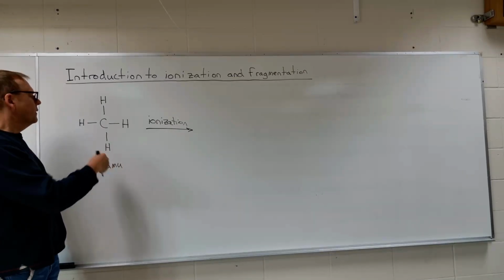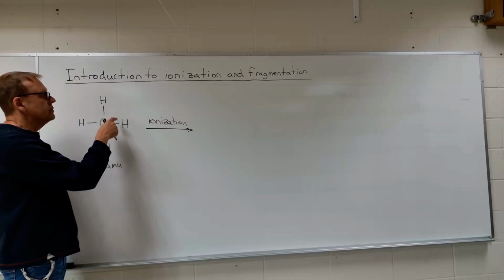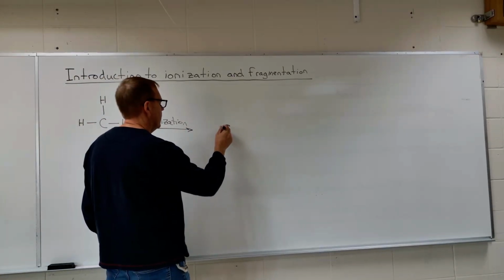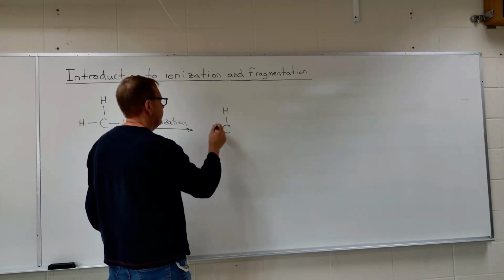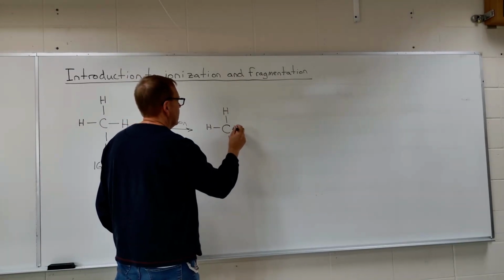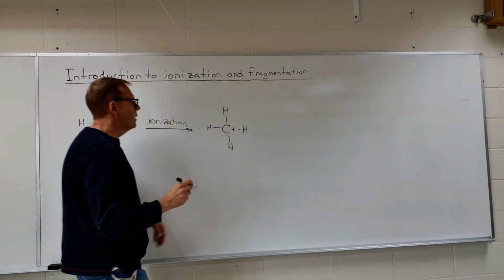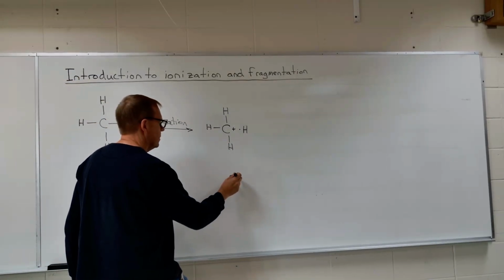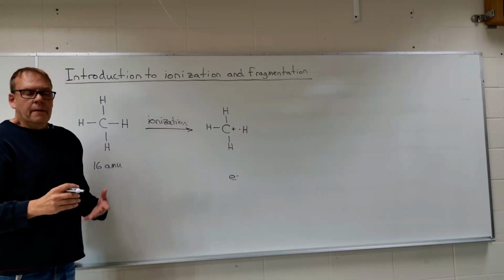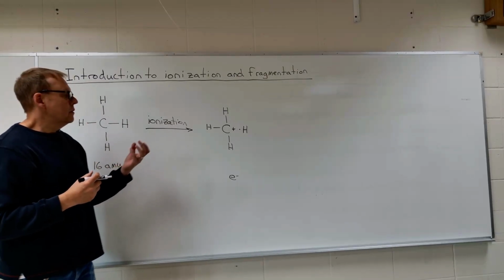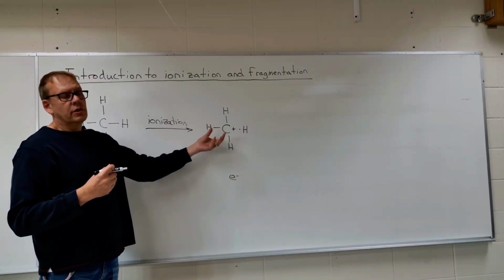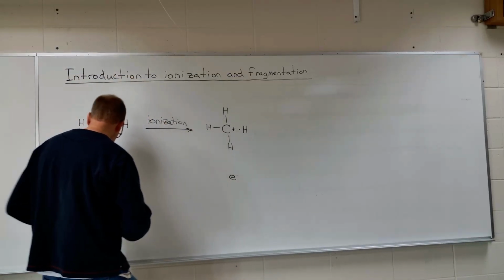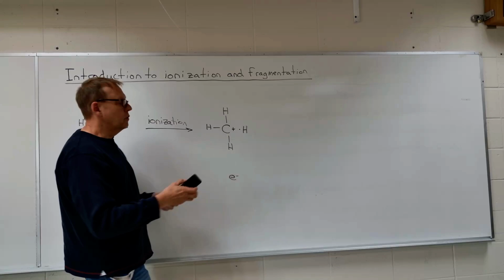And one way to think about that is to imagine one of the electrons in one of the carbon-hydrogen bonds being bounced out to give a structure that looks like this. Here I've shown the original molecule, but missing one electron, and that electron I'll draw down here as an e-. In reality, the dot and the positive charge aren't localized in one spot. So a better way to draw this molecule would be to, instead of showing the cation and the dot being in one spot,